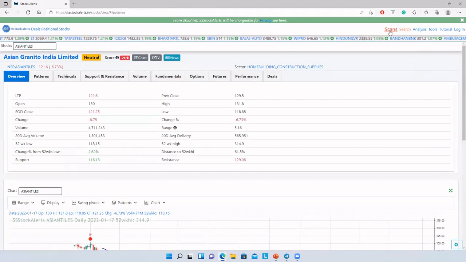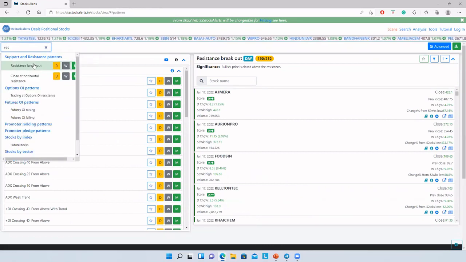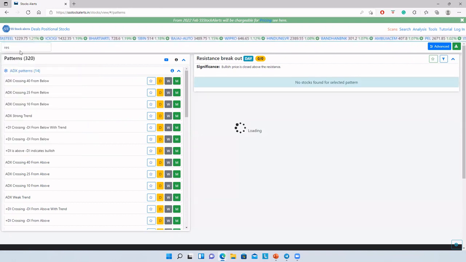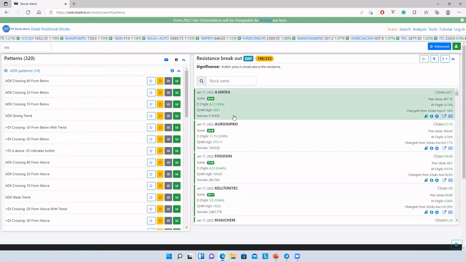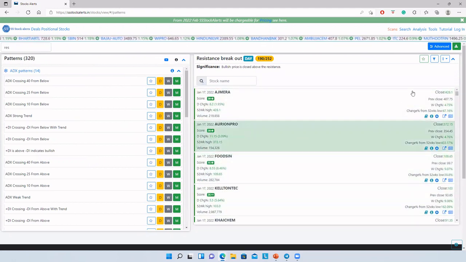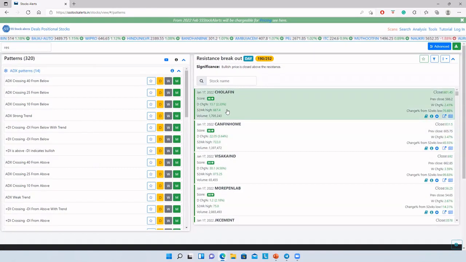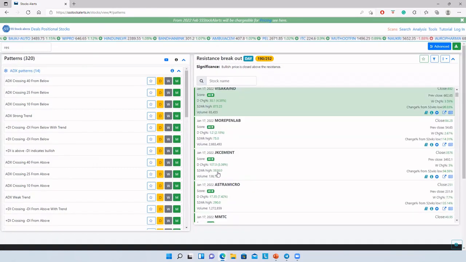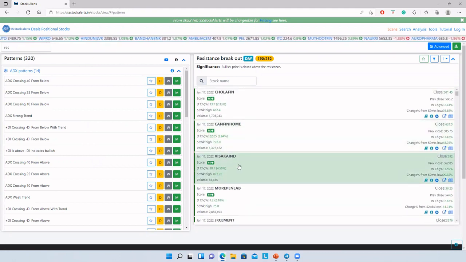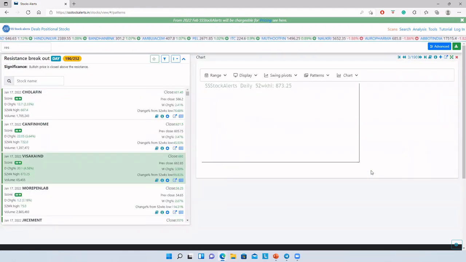You can also go to scans. Suppose I am running a resistance breakout scan, for example. Let me check the scans. Here also you will see the scans with the score. If you want to sort the stocks based on the score, just click on filter, and there is a sort by option; just click on score. Automatically it applies, and now you will get the latest high score stocks at the top. There is Visaka Industries, which I think is almost giving a breakout. You can check the chart and do your own analysis after that.